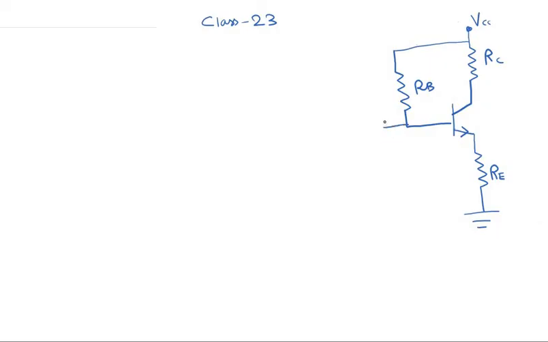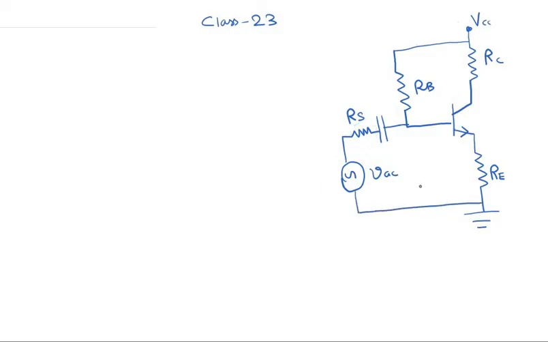The input signal is actually provided to the base of this transistor via this capacitor, and we might have a source resistance here also, Rs. So I repeat again that Rs is basically not a resistor that we have actually put here externally. Rs basically models the source resistance of this signal source VAC here.